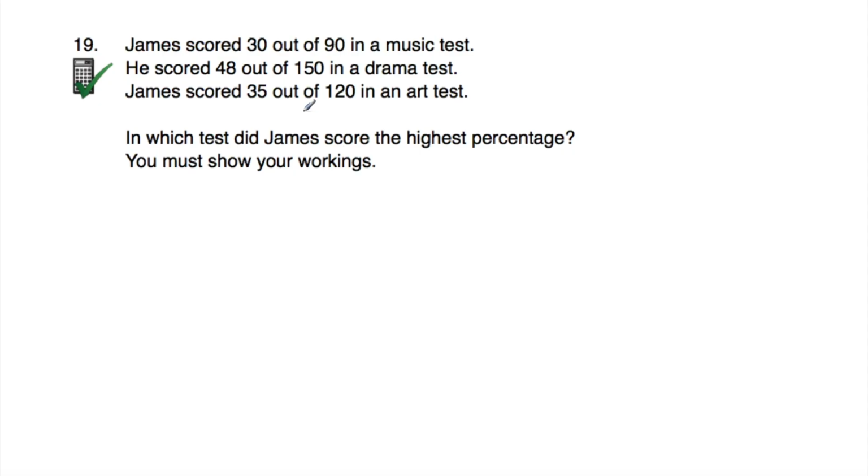And this is something that you probably do a lot when you're in school. If you do a test, you might want to change your score to a percentage. So you're probably quite familiar with this. So James, in his music test, scored 30 out of 90. To change that fraction to a decimal, I would do the numerator divided by the denominator. So I would do 30 divided by 90, and if you do 30 divided by 90, you get this equal to